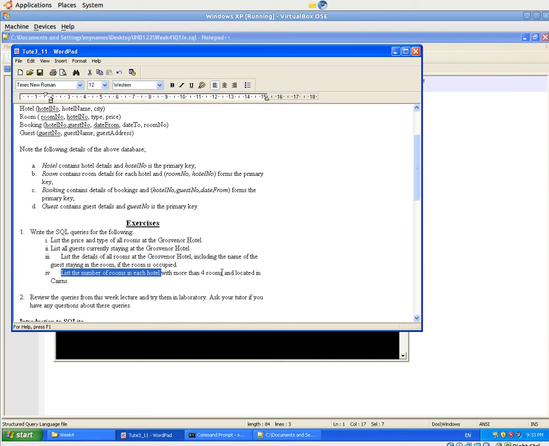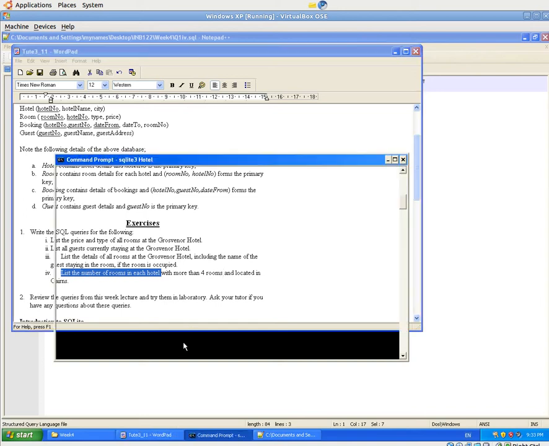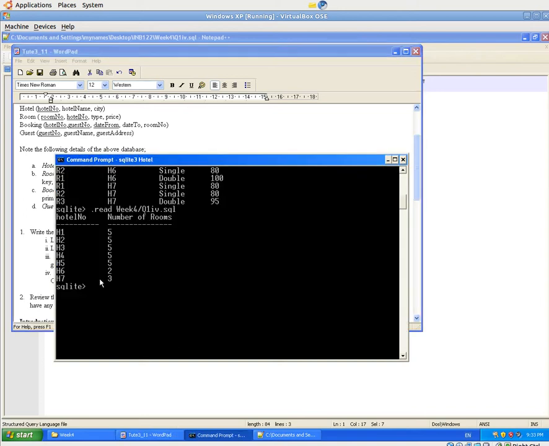So we're going to add a further condition to this. I've got this result, that's all nice and sweet, but what if I want to add a condition onto that? What if I only care about the results whereby the number of rooms is greater than 4? Now, one way of doing this would be to take this data set, save it as another table, and then do a select statement where number of rooms is greater than 4. But